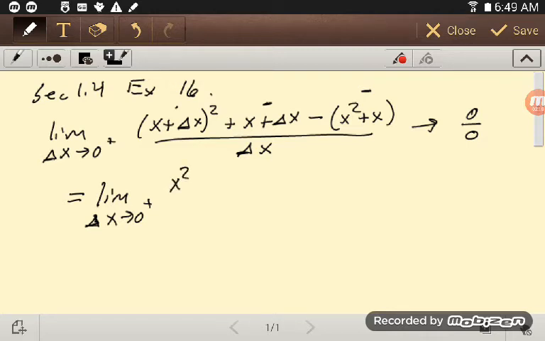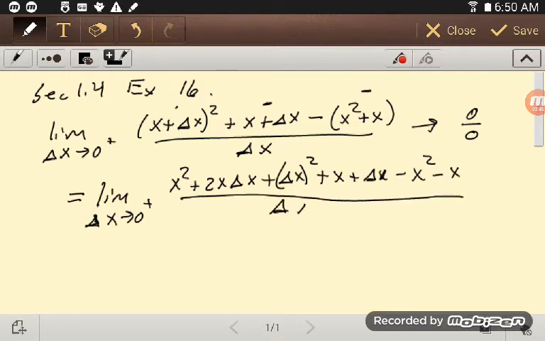So that's x squared plus 2x delta x plus delta x squared, and then plus x plus delta x, and then I'll distribute the negative and make that minus x squared minus x